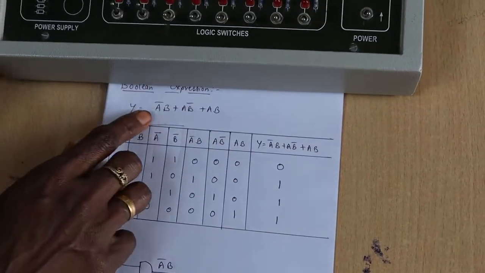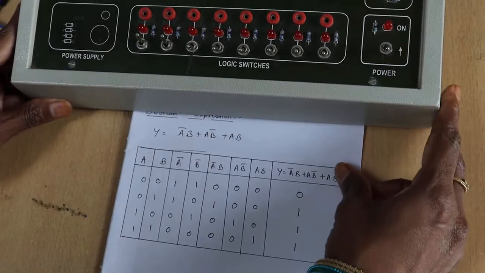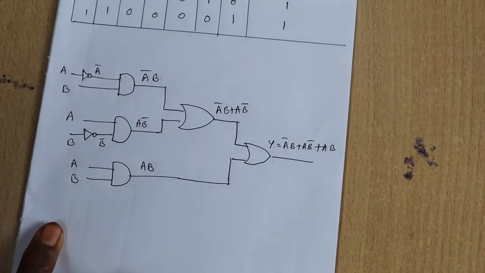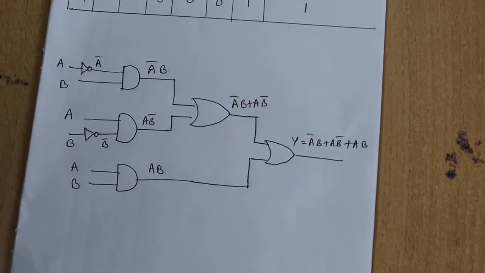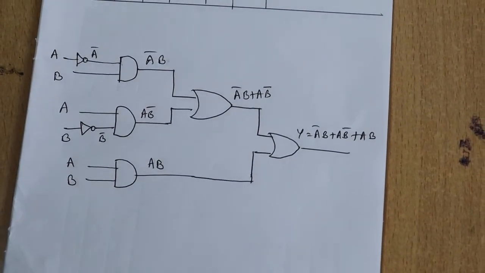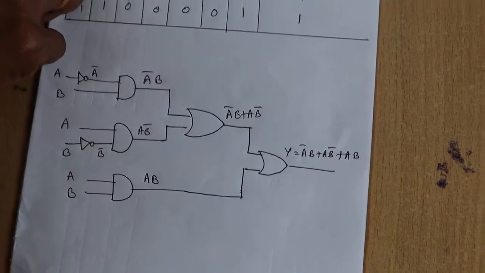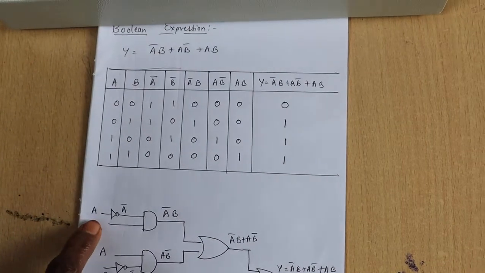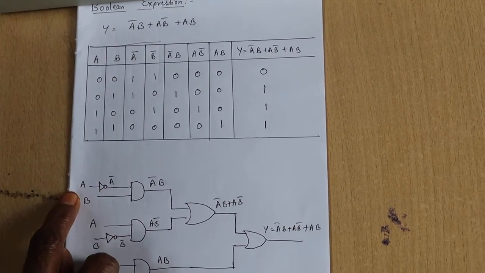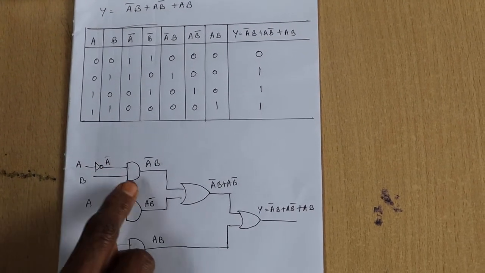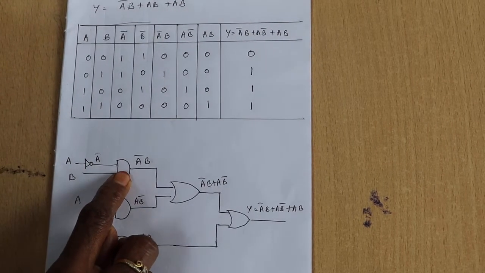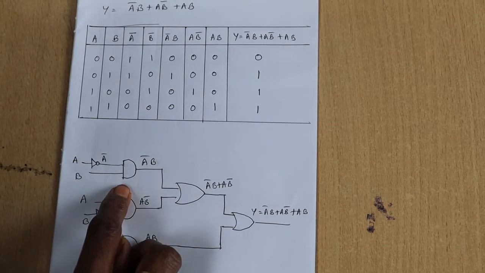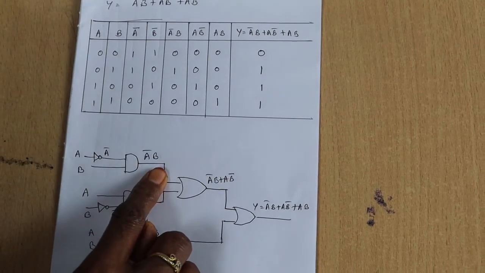Okay. So first for this Boolean expression, we will design a circuit using gates. In this way you have to draw the circuit. So first min term contains a bar b. So a bar b, for complement of a bar, here you have to connect one inverter. So you will get a bar. Next, the a bar is given as input to one AND gate and b is given as another input to the AND gate. So output of the AND gate is a bar b.